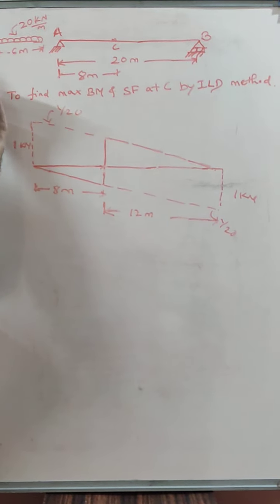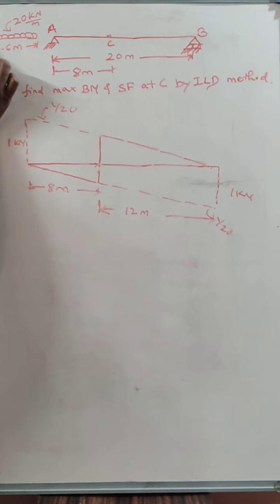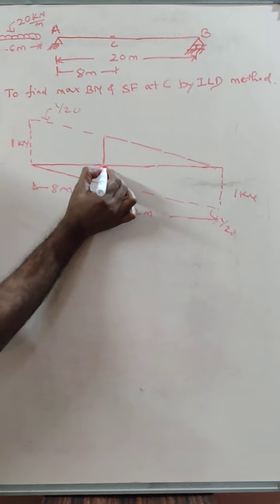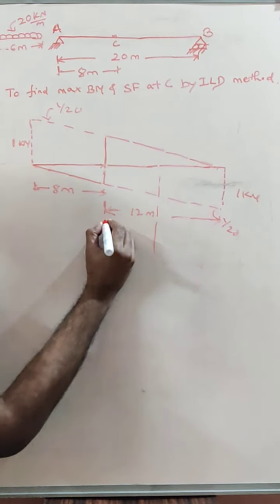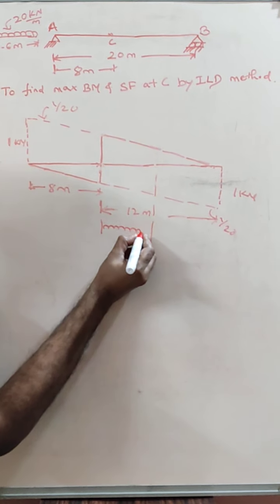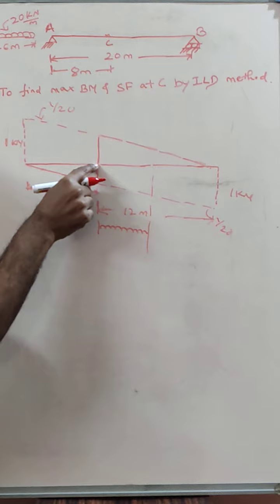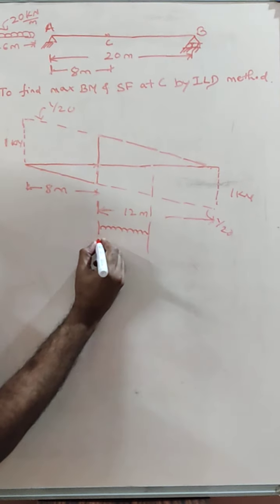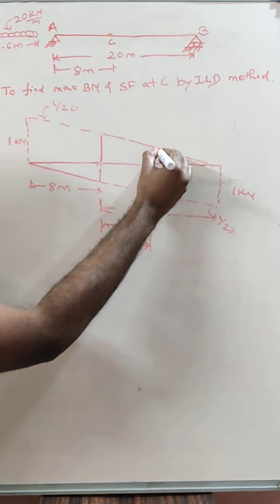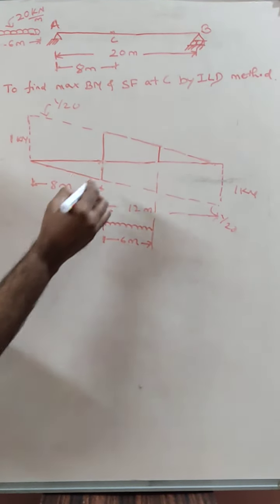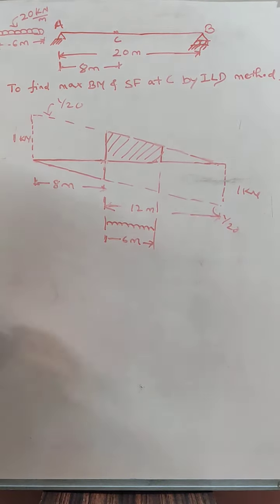So the thing is, when this load moves, its tail should occupy section C and the tip will be away. If you do it like that, the load position will be like this. I hope you have understood. The tail, that is the left end, should occupy section C, and this is of course 6 meters. This is the area under consideration now, so this area has to be found out. This area into intensity is the maximum positive shear force.